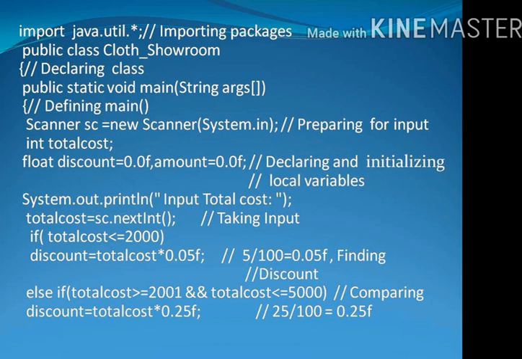Declaring and initializing local variables. The variables that are declared inside the functions are known as local variables. Here, two types of variables are declared, integer type and float type. Float variables are initialized by 0.0f. After the point, the float data type can contain 6 digits, but I want to fix it to only 1 digit after the point. So 0.0f, this way it is initialized.